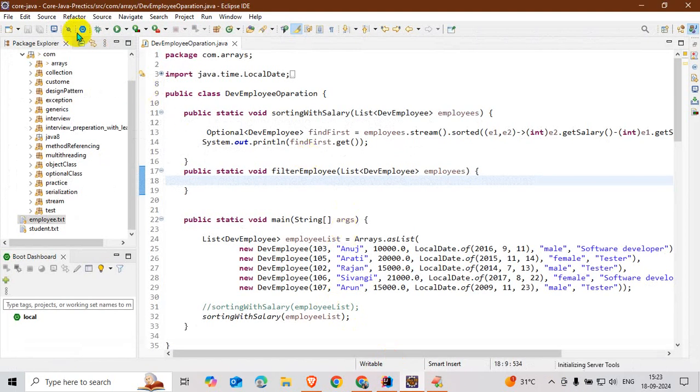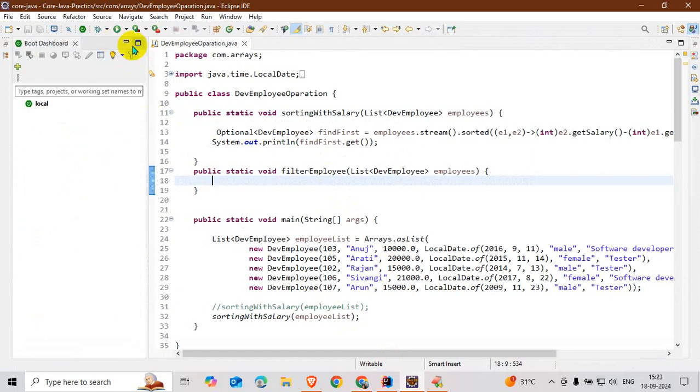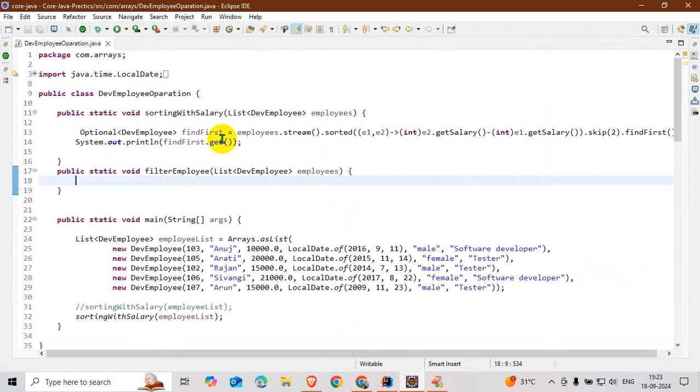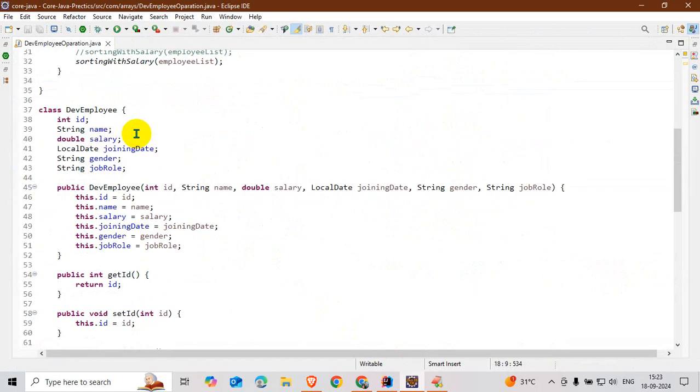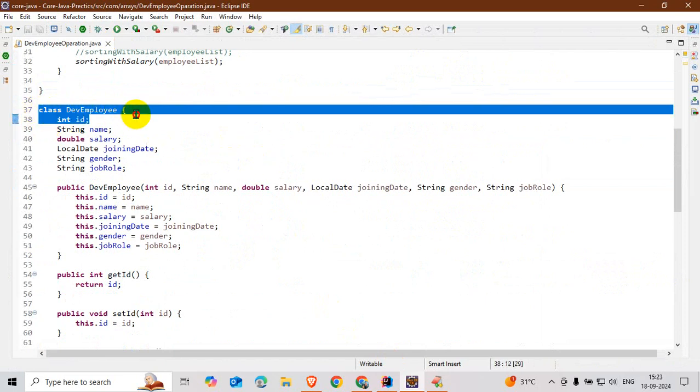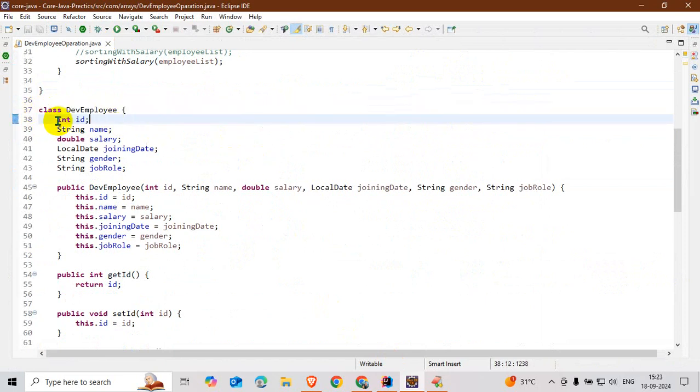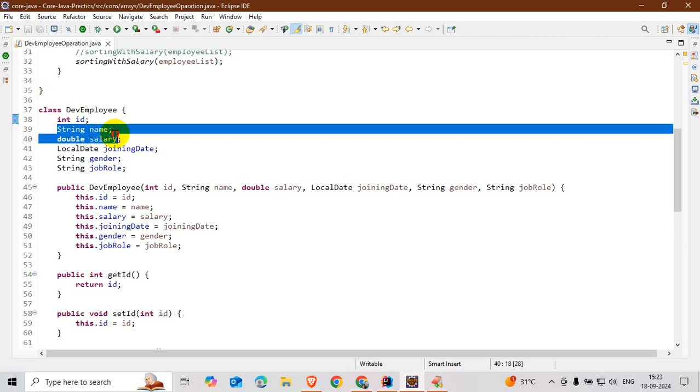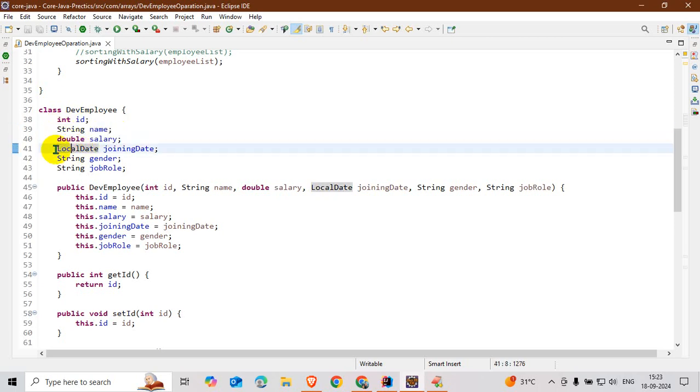Okay guys, I already created the classes. First of all, I created an Employee class, and in this class there are multiple instance variables like integer id, string name, double salary, local date and time, gender, and job role.